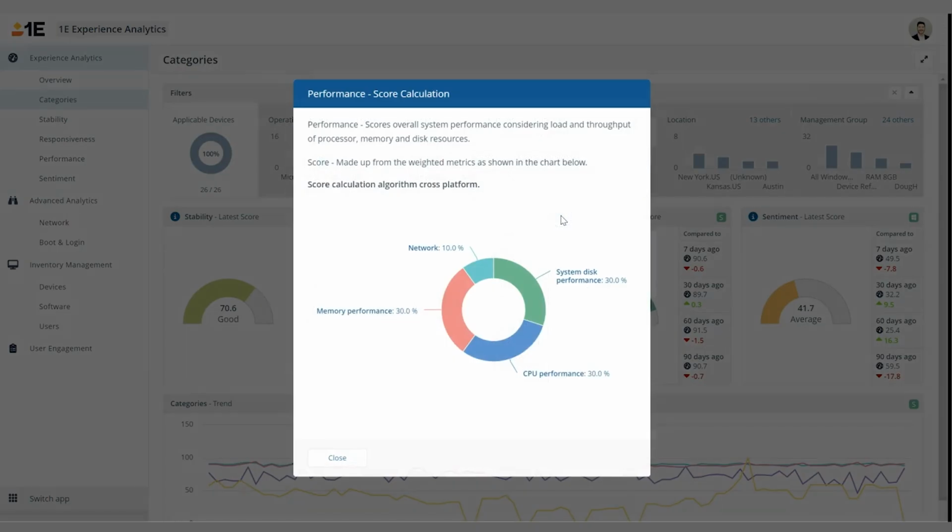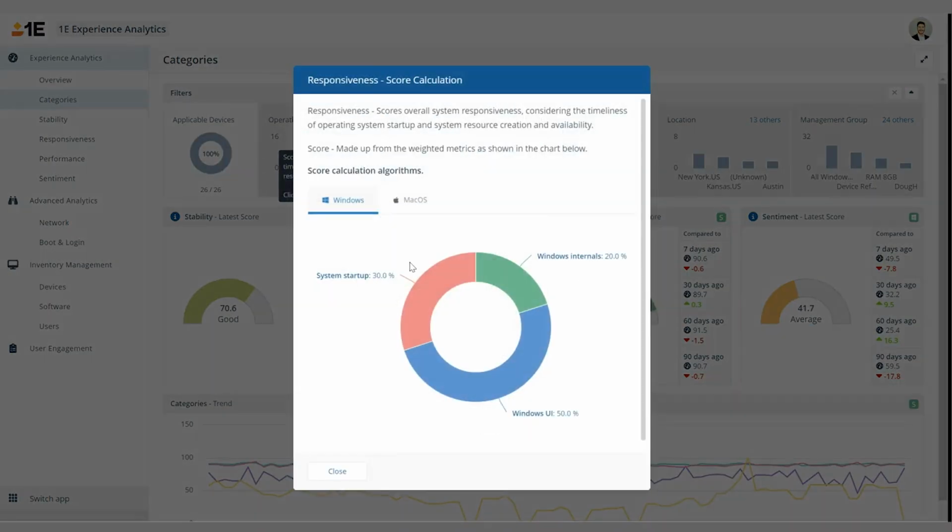and hangs. Performance, which looks at your CPU, disk, memory, and network statistics. If those are having problems, we can quickly find out which resources or hardware components on a device are to blame. But something that's unique to 1E, we're also running synthetic transactions against the operating system performance to figure out, is the device starting to significantly slow down for the user,